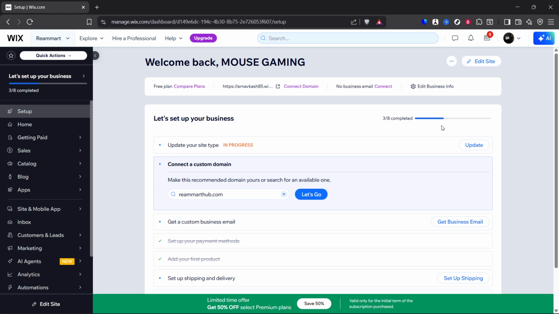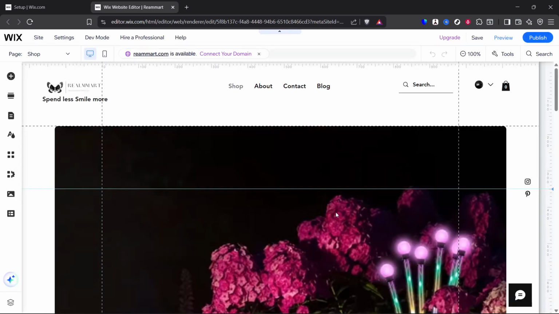your account. Once you're on the Wix homepage, you'll see the dashboard that acts as your central hub for all site management tasks. From here, locate and click on the Edit Site option. This action will direct you to the Wix editor, where you can make various changes to your website design and functionality. Now, once you're in the editor, look for the 4-box icon, typically found on the left side of the